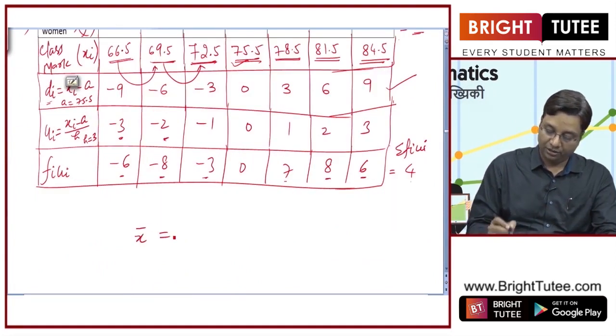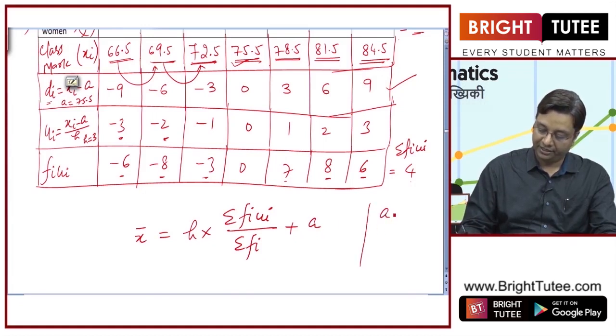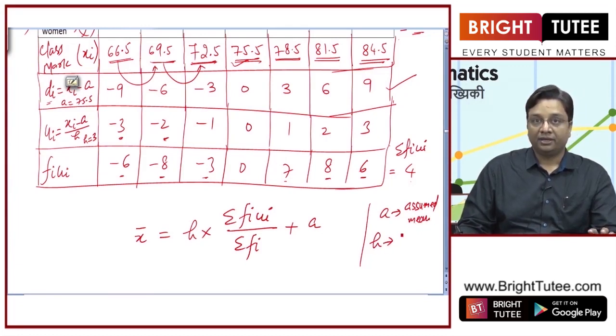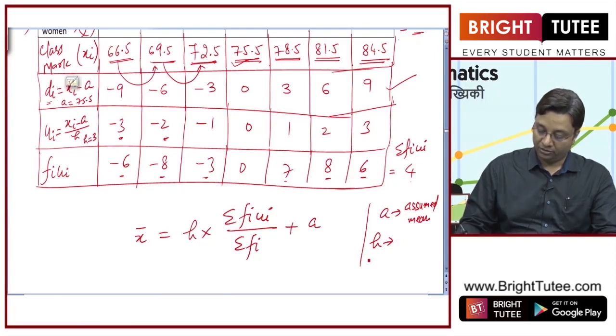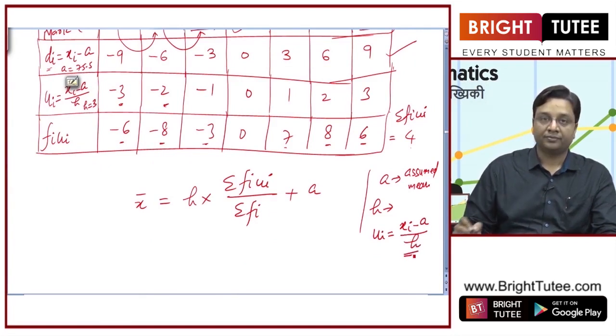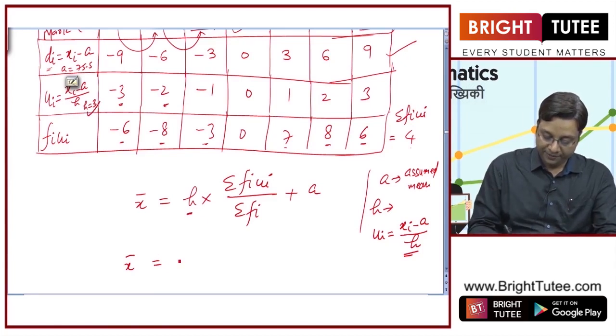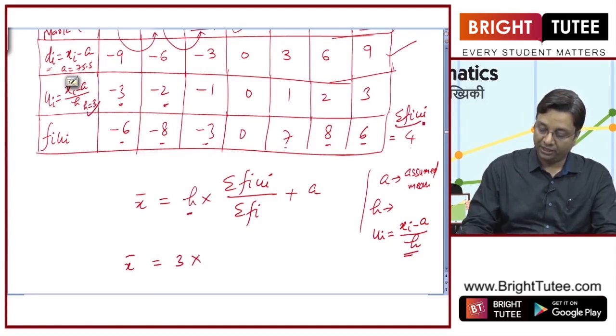So x bar is equal to h multiplied with sigma fi ui by sigma fi plus a, where a is the assumed mean, and h is the number with which we divided it. So, let me define ui directly. ui is equal to xi minus a divided by h, right. So, x bar is equal to h, in this case 3, into sigma fi ui, in this case